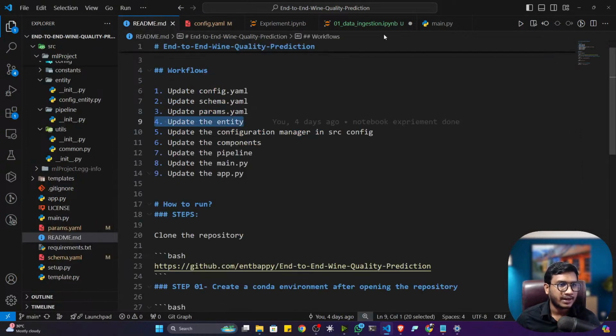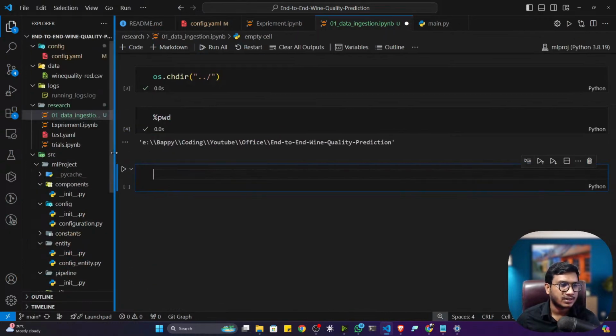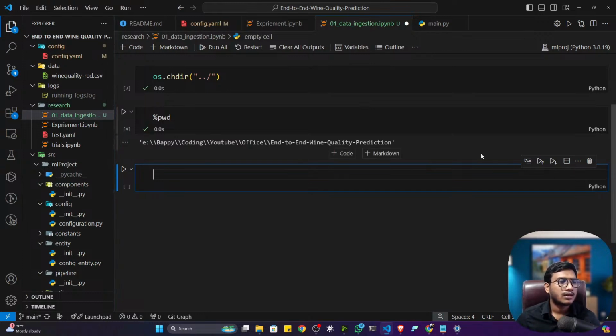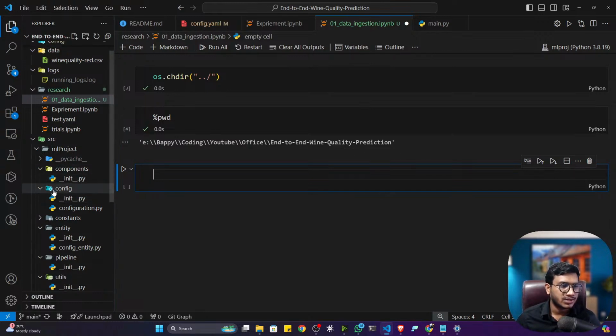Now I have to update my entity. As of now we are doing the notebook experiment, so we are not going to change the modular files here. First of all, everything will be written in our notebook, then we'll copy and paste it into our modular coding, right? Now I have to